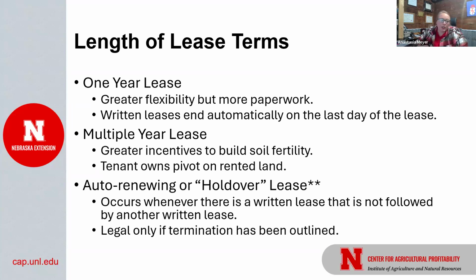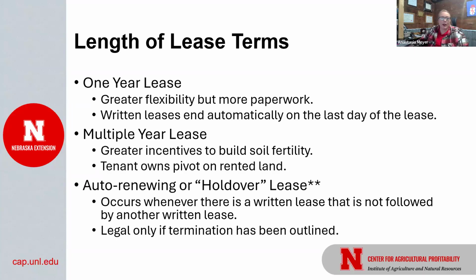I think with a multiple year lease or an auto renewing lease, if you are in a cash rent lease, you need to have a clause in there that states that you are going to adjust that cash rent every single year. Let's move with the market, both up and down. I think that's a really important part with auto renewing or multiple year lease, and that's why we see some more 1 year leases where we haven't in the past when they were all verbal leases.